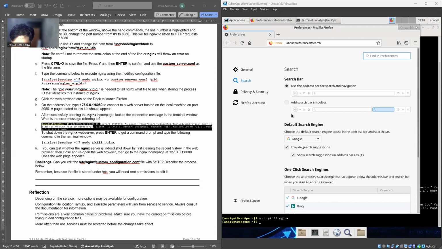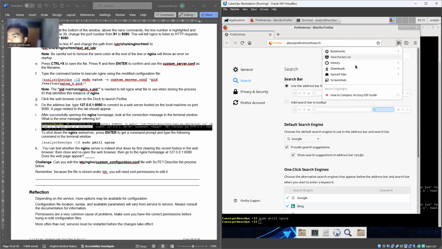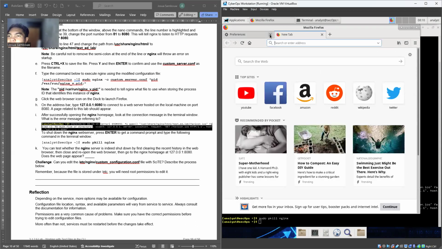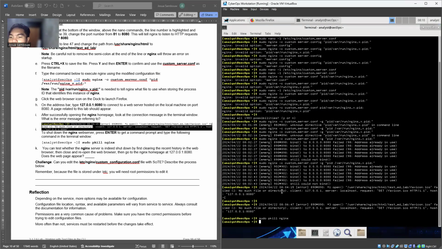So in here I just clean, because it cannot shut down. So I just open here and clear the history and then shut down using this one.